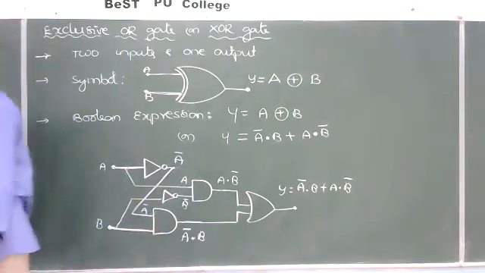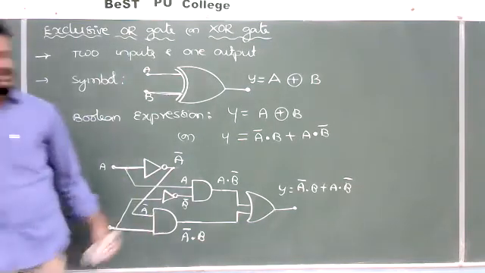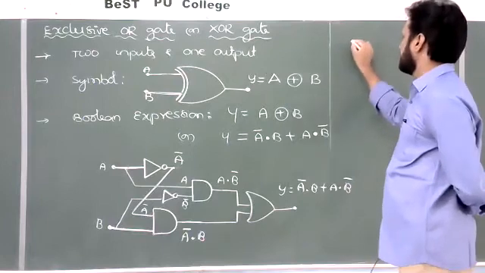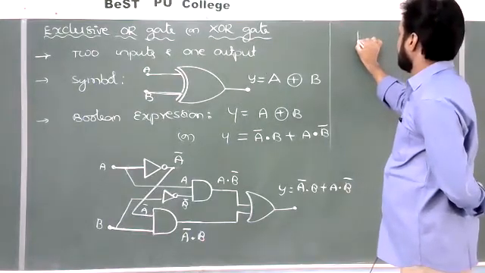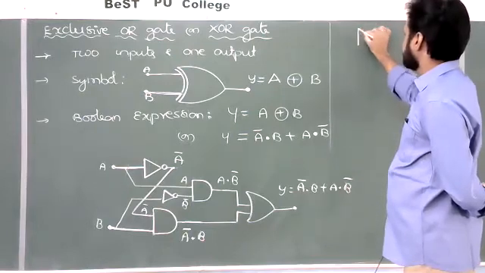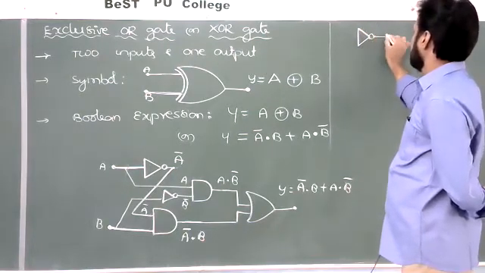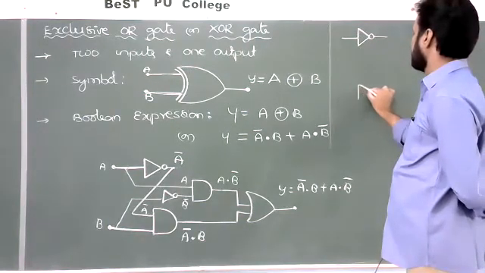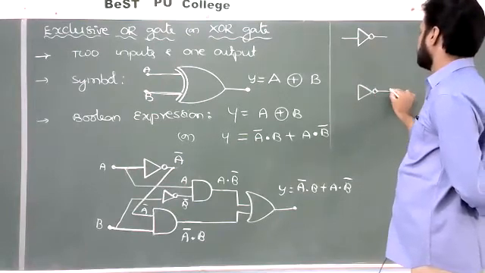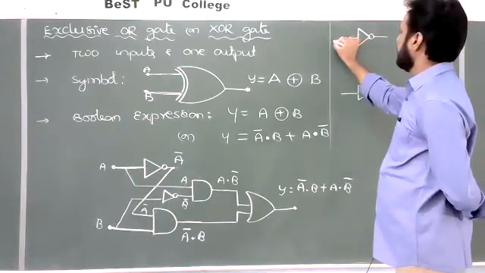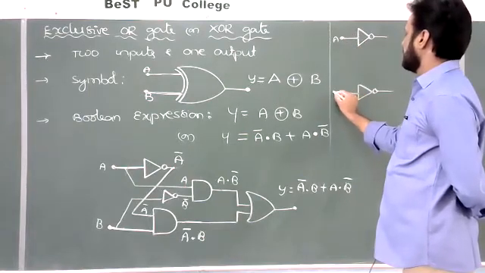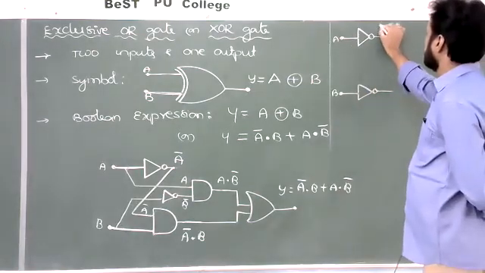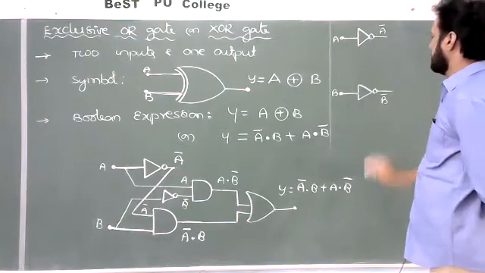It is one method, but one logic circuit you can write in various ways or various forms. So the same circuit I'll draw like this also. I'll draw the same circuit diagram like this. It is one NOT gate. Here also I am using one more NOT gate. Same circuit diagram. So this will be A, and this will be B. Correct? A and B. So this becomes A complement, and this becomes B complement.